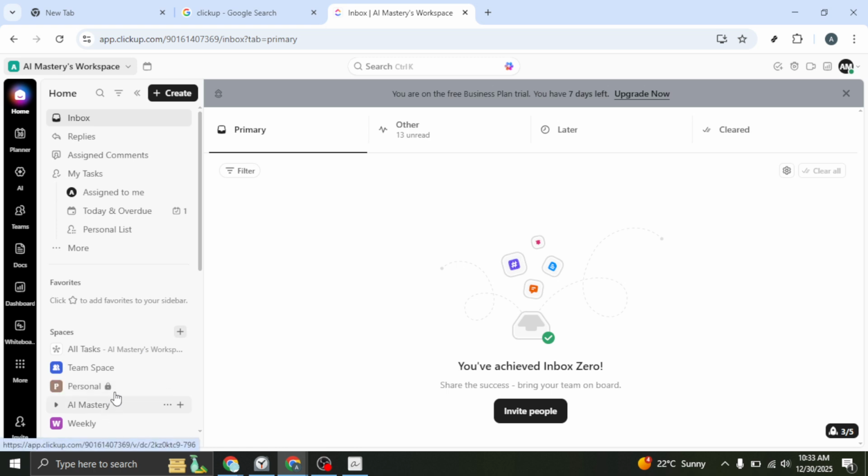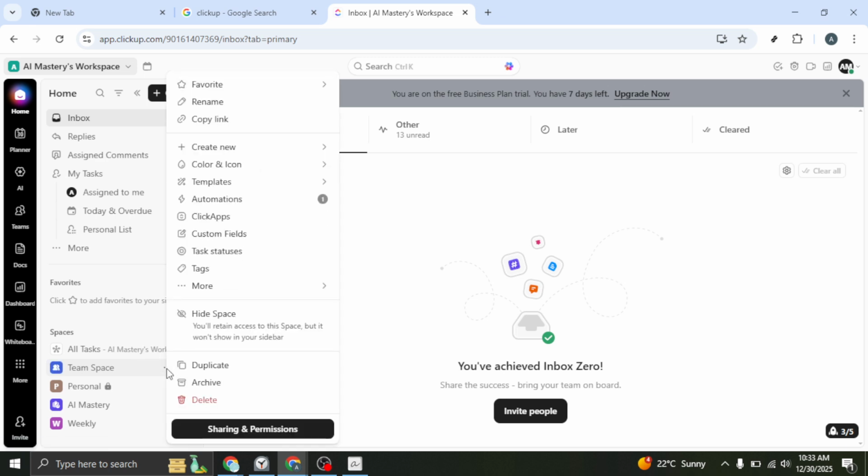With your space open, look for the three dots menu associated with that space or project. Click it to open more options. Hover your cursor over the template option to reveal the template tools. Then select Browse Templates. This opens ClickUp's template library, where you can quickly add pre-built structures instead of creating everything